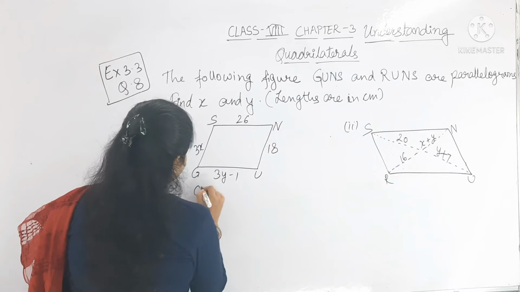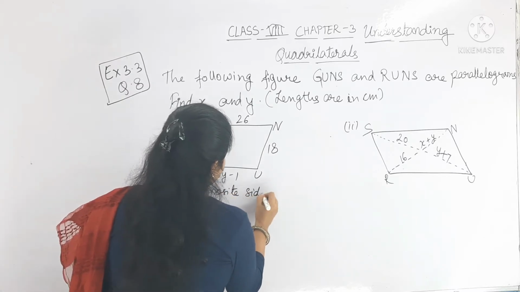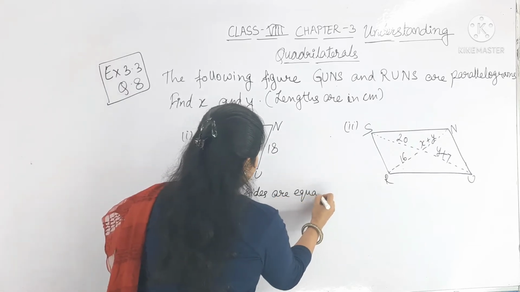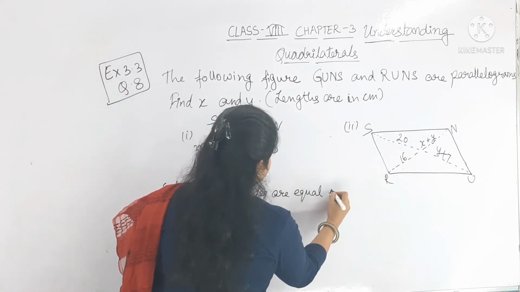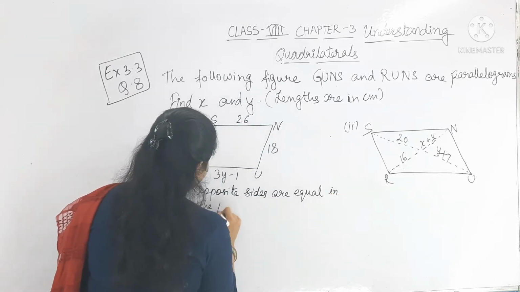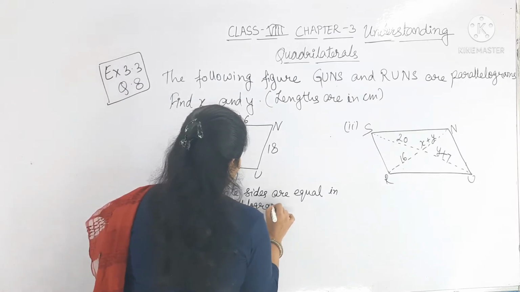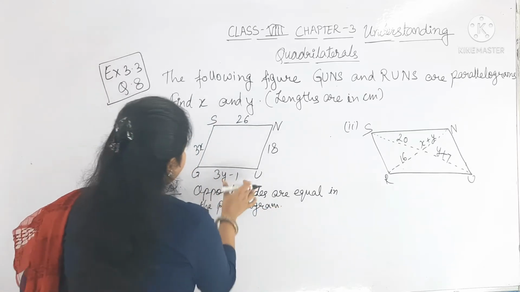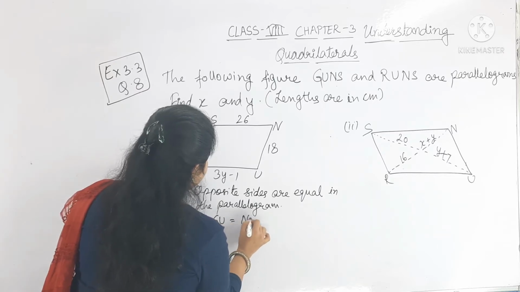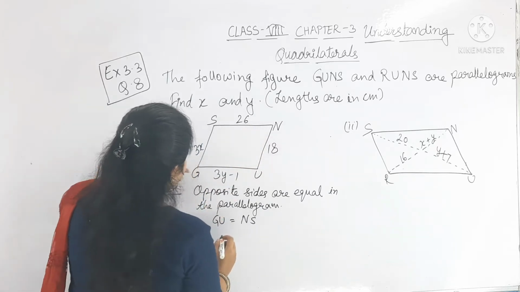So here, this is one of the properties of a parallelogram, opposite sides are equal in the parallelogram, right? So here you can write GU equal to NS, this one equal to this one,